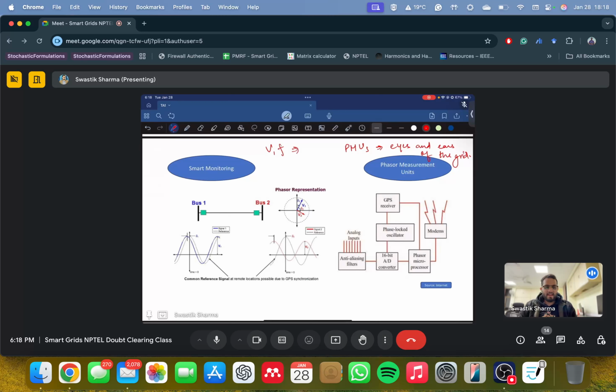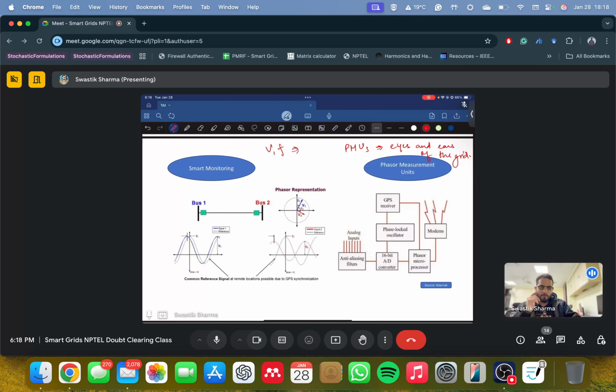So they are used to gather information from any node at any given point of time. They continuously supply data, and they enable the operators to have real time monitoring, right? So they can do real time monitoring sitting at a different location. Let's say I am at Kanpur. My grid's office is at Kanpur, but my generating power plant is at Lucknow, and I want to get information over there, right? So you want it to be displayed in real time, so you can use a PMU for that.